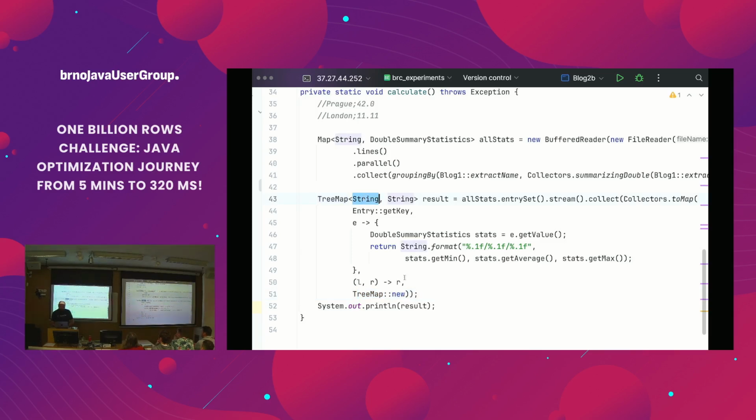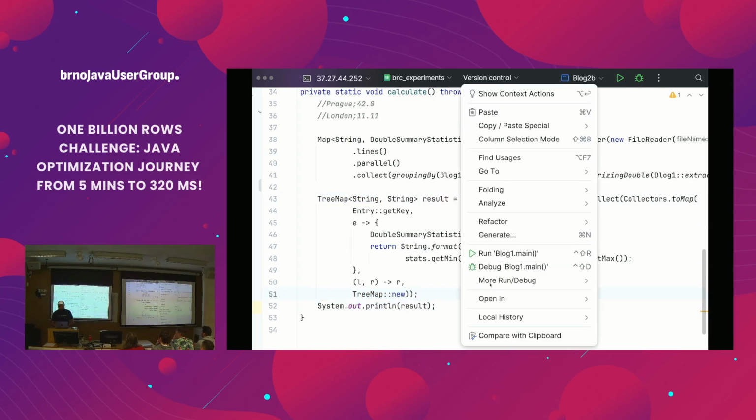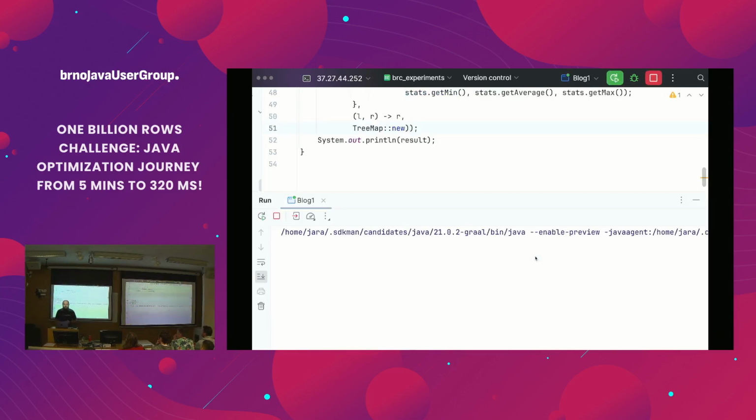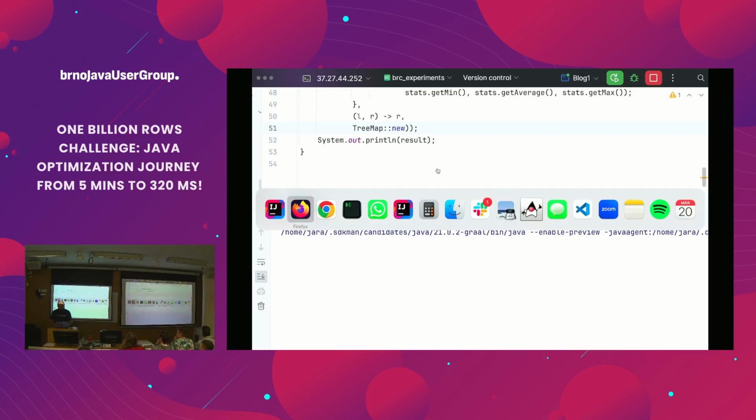So the output of this is... I should have started this earlier, because now it will run for 2 minutes since it's really slow, but the output will be in the desired format. So I will keep this running for roughly 2 minutes, and we can move on a bit.